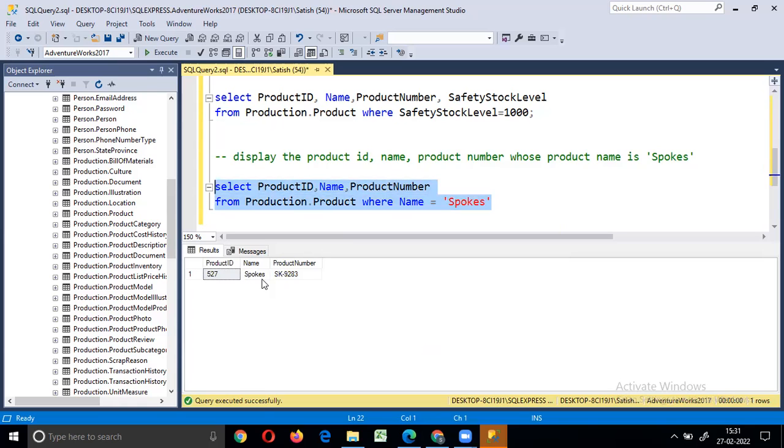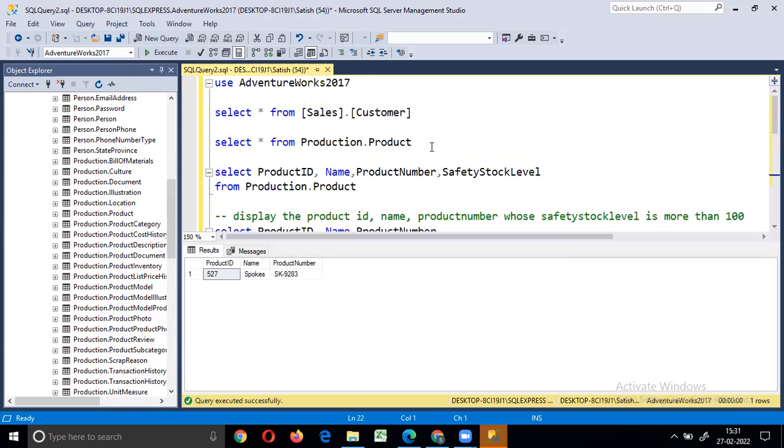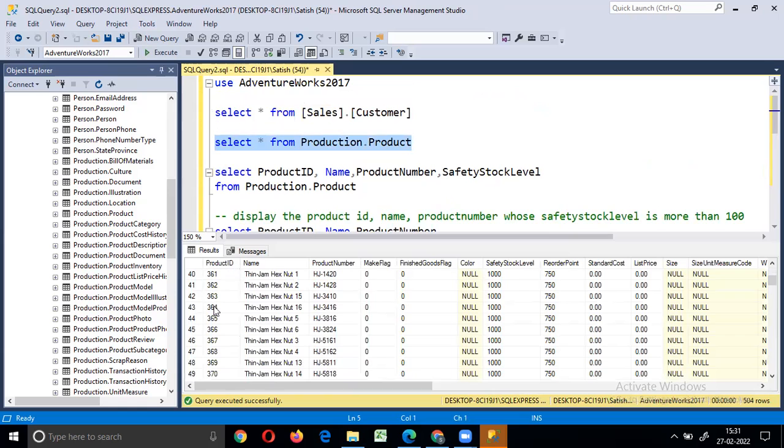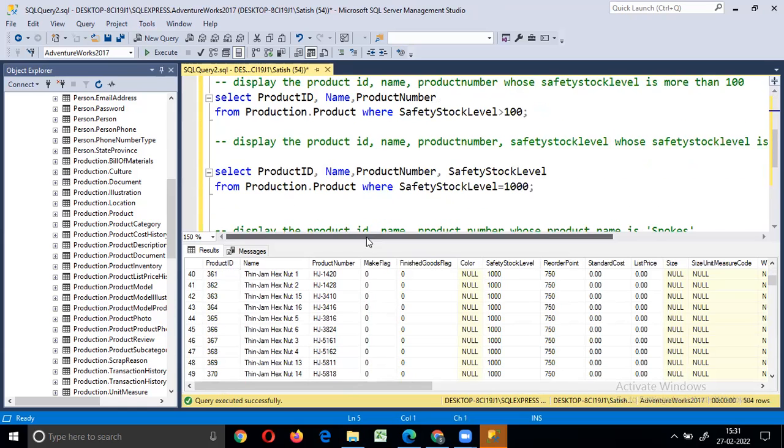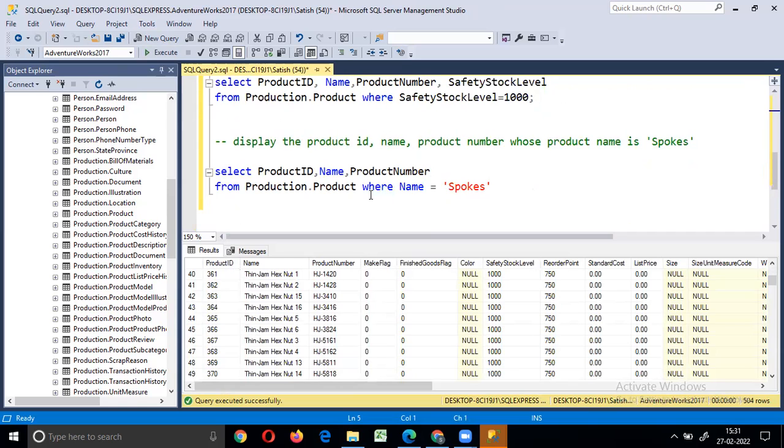If I want to display some data of a particular product, where we have the product ID as 368, I would like to display all the details of the product whose product ID is 368.